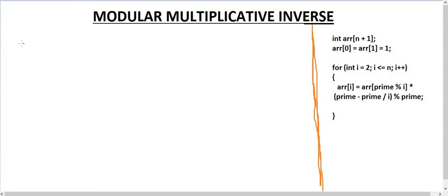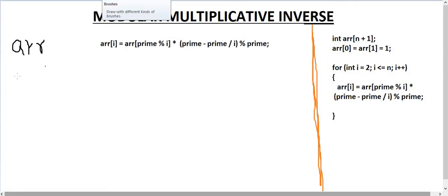What we are doing is creating one array and storing the values for the prime number mod I. For the 0th value and the 1st value, we fix array of I equal to 1.